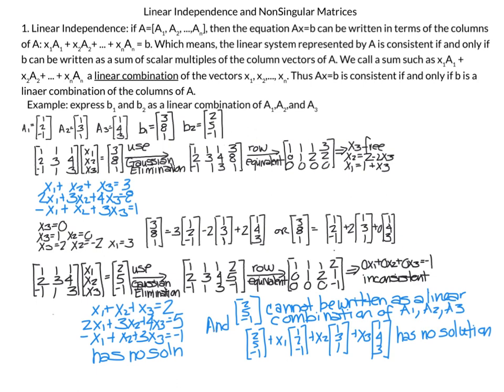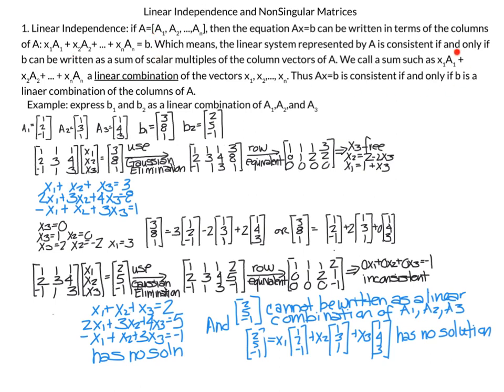And furthermore, the second thing about this in terms of linear combinations: b, the 2, 5, negative 1, cannot be written as a linear combination of the column vectors a1, a2, and a3. In other words, 2, 5, negative 1 equals x1 times a1 plus x2 times a2 plus x3 times a3 has no solution, which,